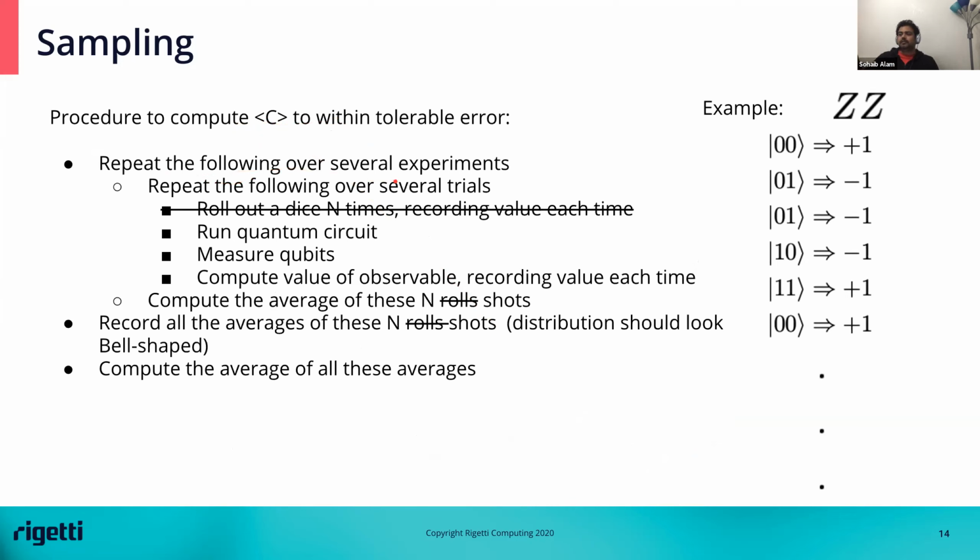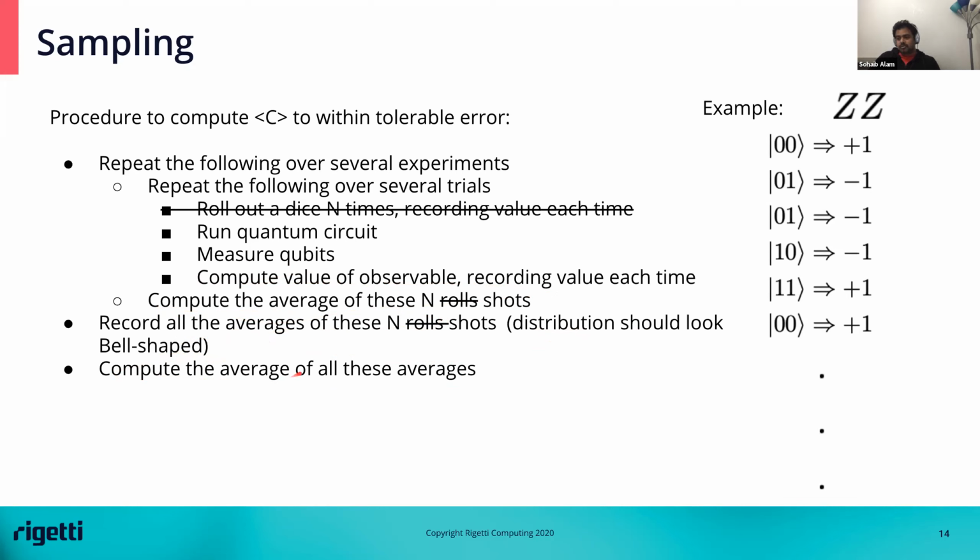Basically, we'll repeat the following over several experiments. Instead of rolling a dice n times and recording the value each time, we'll run a quantum circuit, measure the qubits, compute the value of the observable, and record the value each time, right? And we'll compute the average of all these n shots. I'm calling them shots instead of rolls now. Record the average of these n shots. The distribution should look basically bell-shaped. And now if you compute the average of all these averages,